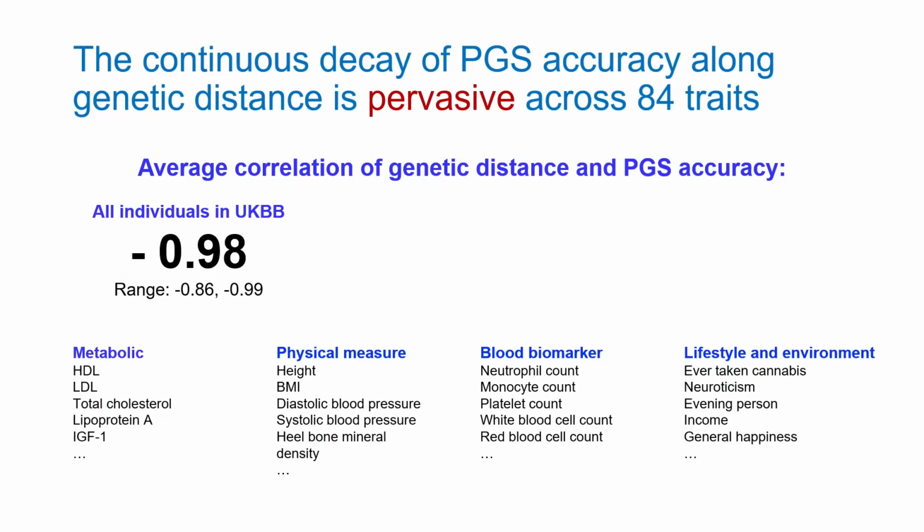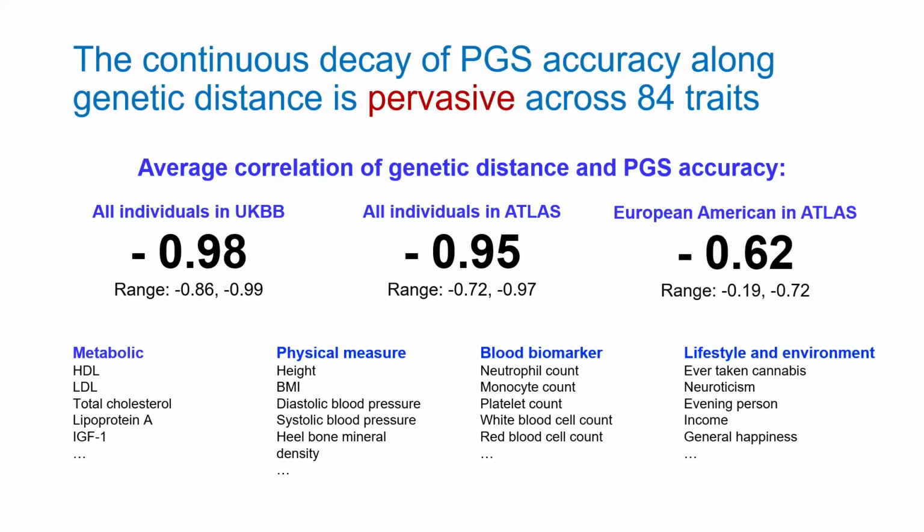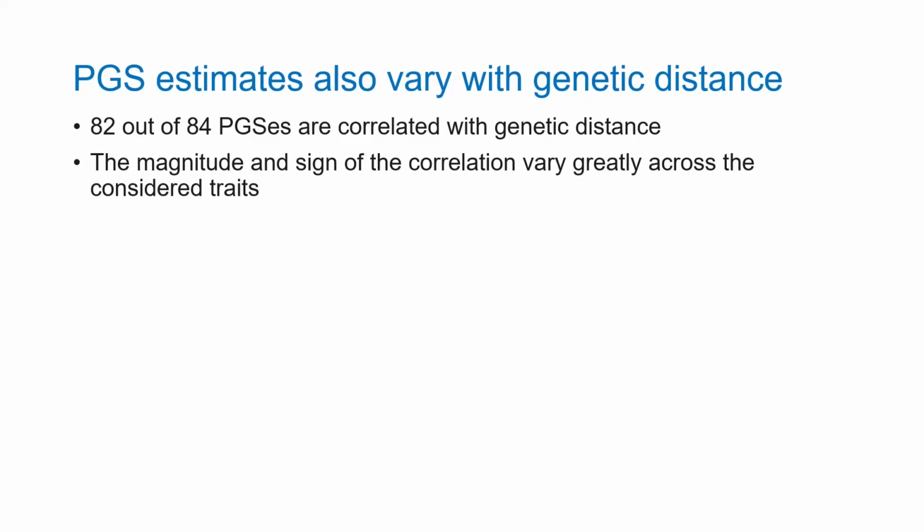Most of what I showed you before is one example trait, but really we tried to look at all the traits that we could put our hands on. Some of them are listed here. And to a first approximation, there's no trait where this does not hold. So this is answering your question from before. The lowest correlation that we observe for any trait was -0.86, across 80 or so traits spanning all sorts of different markers. That also holds across biobanks. So that's UK Biobank, and this is Atlas at UCLA. And even if you look at just the European Americans in Atlas, there's still a much higher correlation. Okay, so that's all about accuracy.